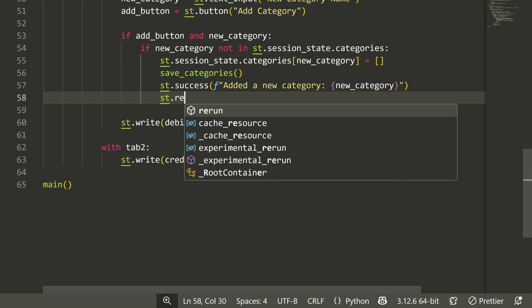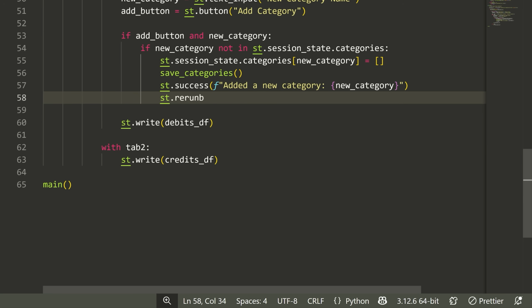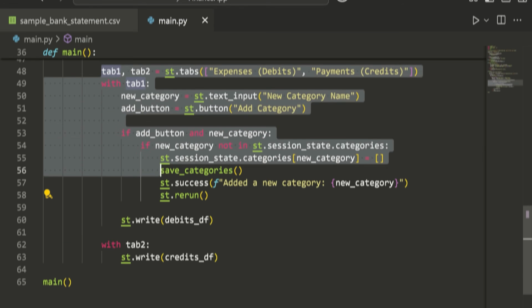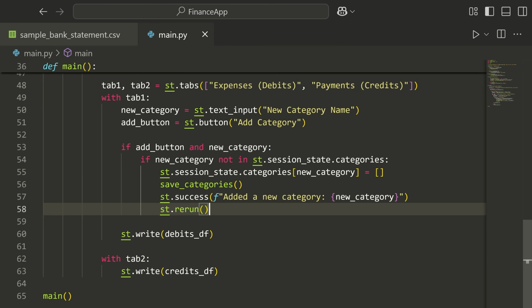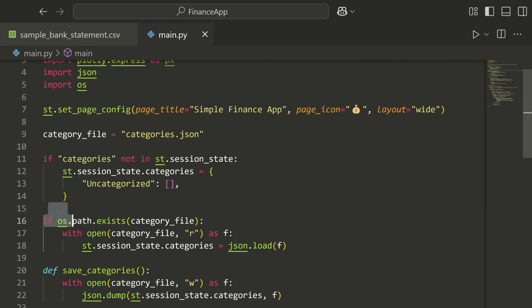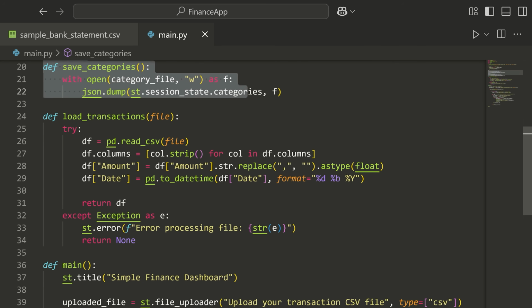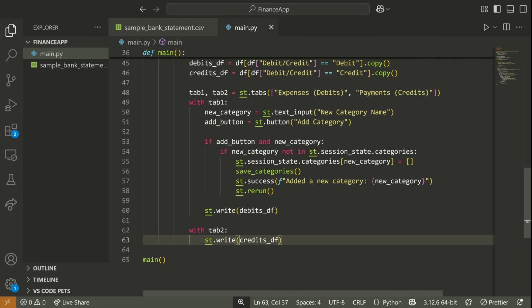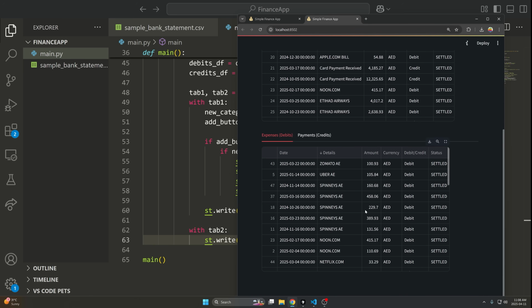And then last thing, we're just going to say st.rerun. What this is going to do is it's essentially going to force us to refresh the page and rerun from this part here so that we don't keep doing the rest of this. We just immediately rerun the entire Streamlit application. So now we will reload our new categories, and also we will recategorize our transactions, which we're going to do in 1 second. Okay, so I know I'm jumping around a lot here, but let's go over to Streamlit